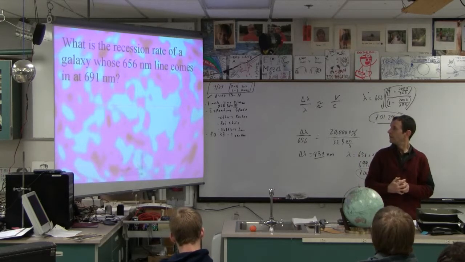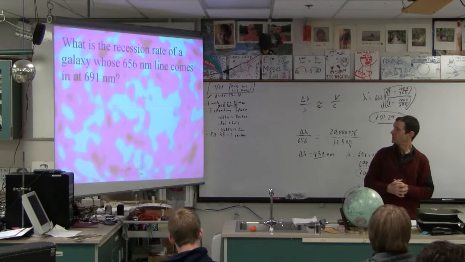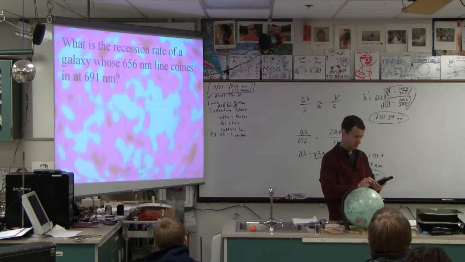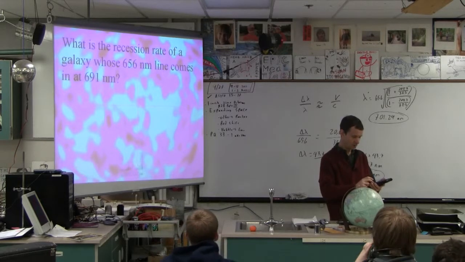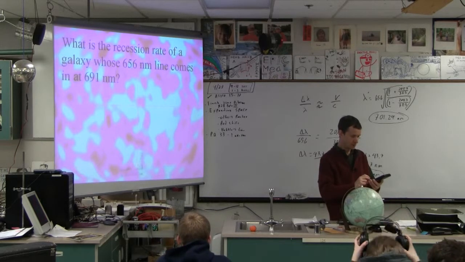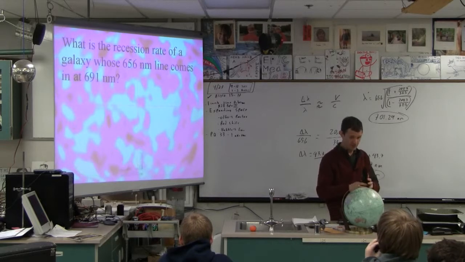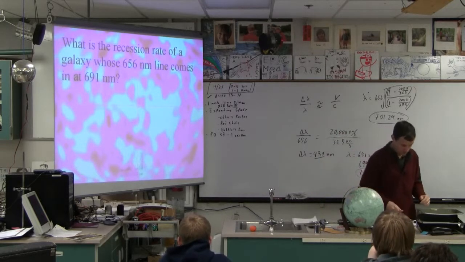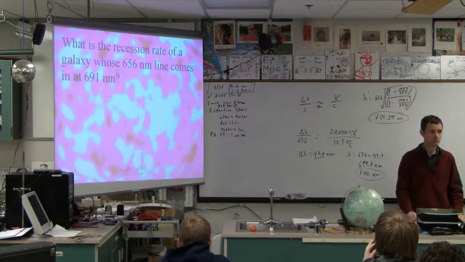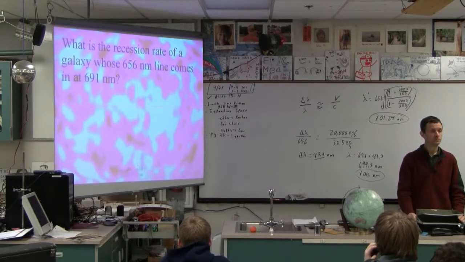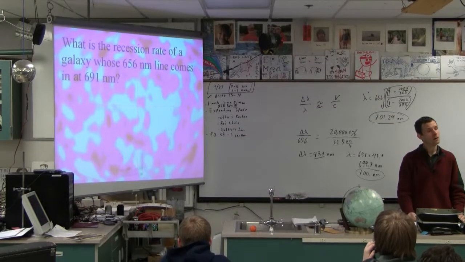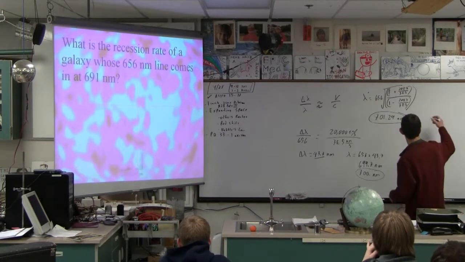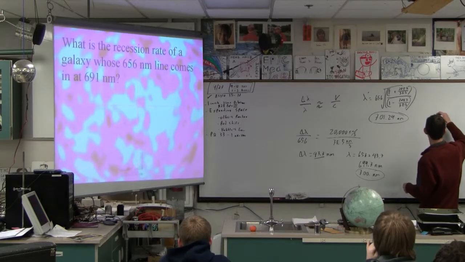What do you get when you go 691 minus 656? 35. So we still have 2 sig figs when we do this. Say it again. When you add or subtract, right, if you go